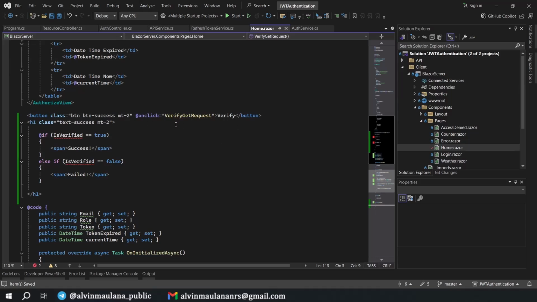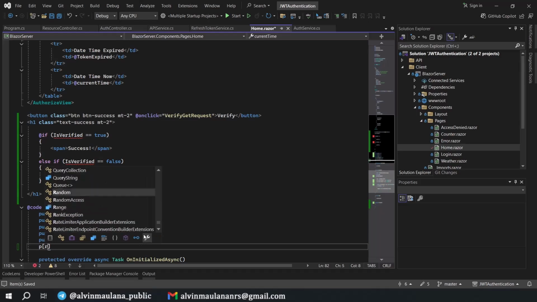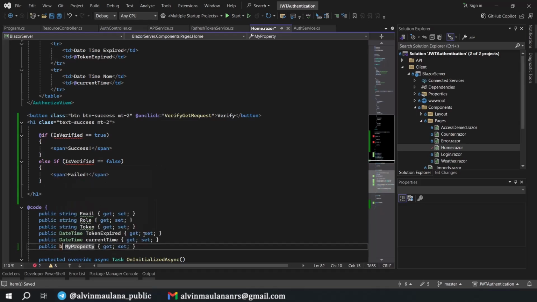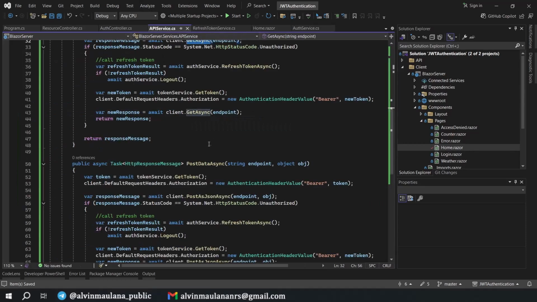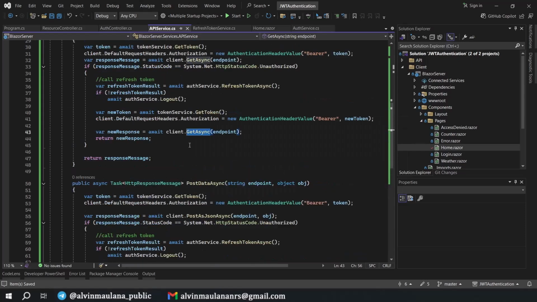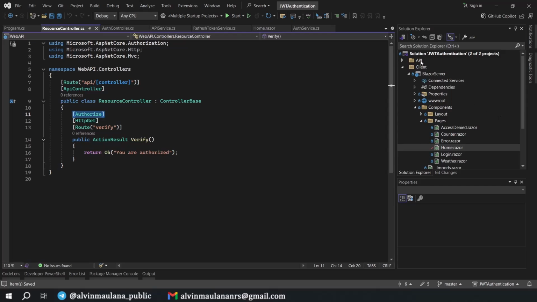Okay, should be gone, and we still need one more property. Property boolean is verified. Okay, now the error is gone. It's better to see what we do in here. We will have a new button. This will call the API service to do get asynchronous, and we will call the resource controller from our API in here to verify.